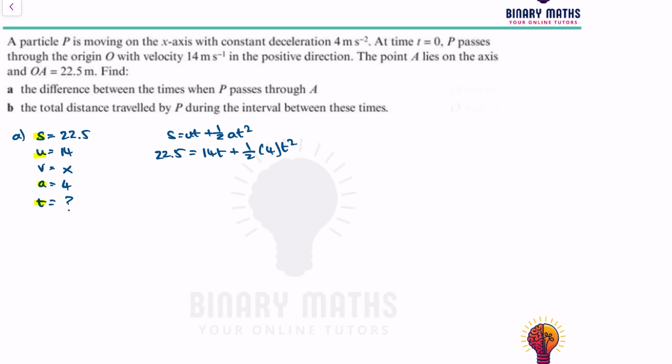I just realized the acceleration, constant deceleration, it says, so it's -4. Oops, -4. So read it carefully. Constant deceleration at 4 meters per second squared. Okay, so that means I get